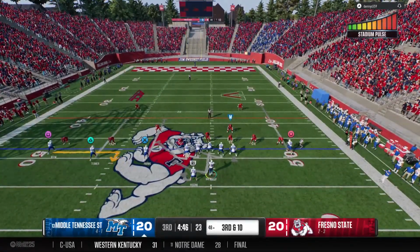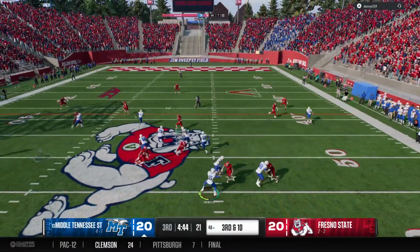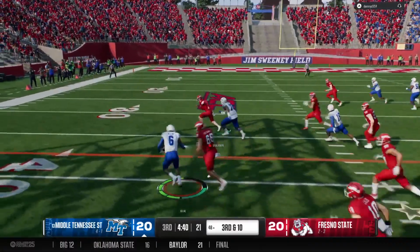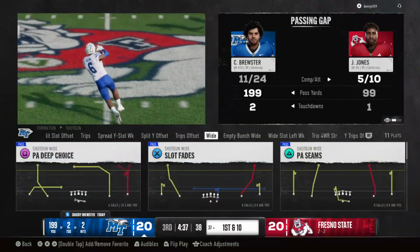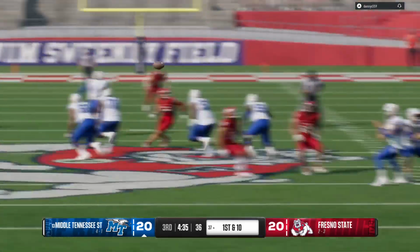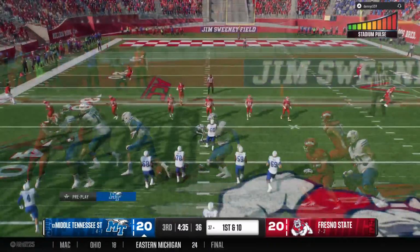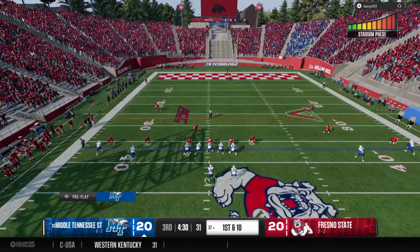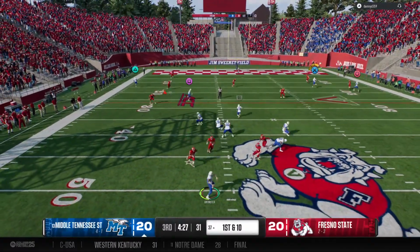3rd down conversions are a huge stat, and this one would be a doozy if they can pull it off. Got it behind the line. It's Keene. And they do a really good job. Not as easy as it looks to get those blocks. And he picks up the first down. These two guys, just on the same wavelength, they make clutch connections all the time. And that's practice, man. That's all summer. That's all spring. Just so many hundreds and thousands of balls where you...